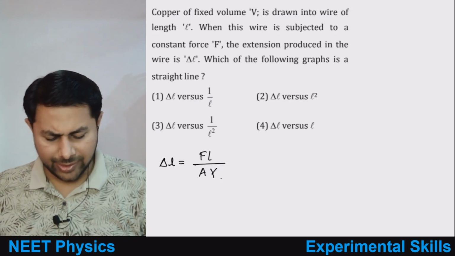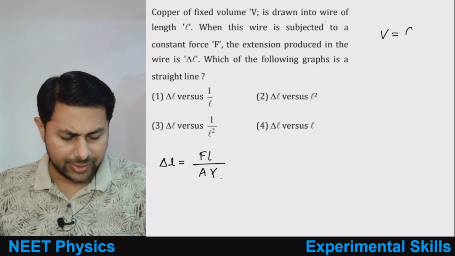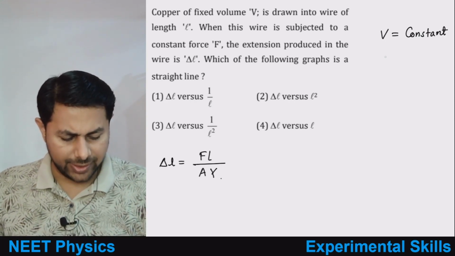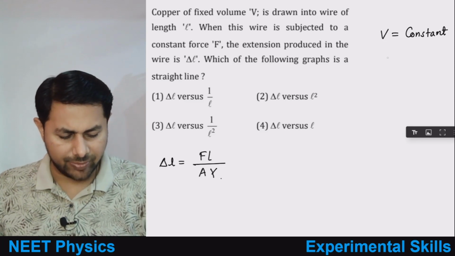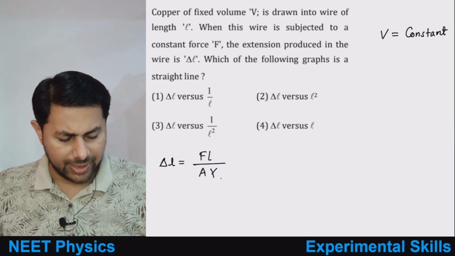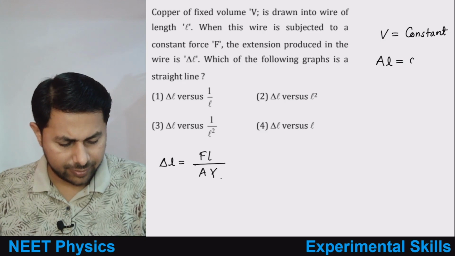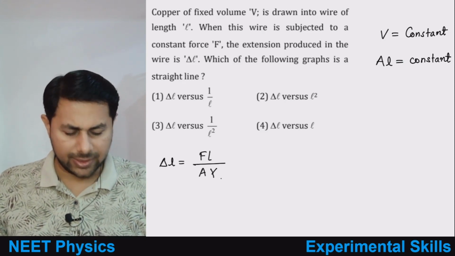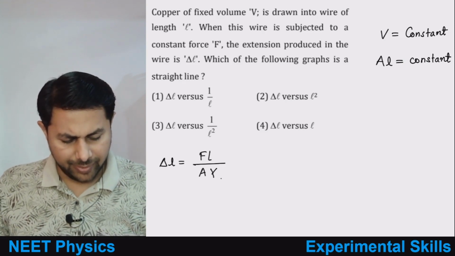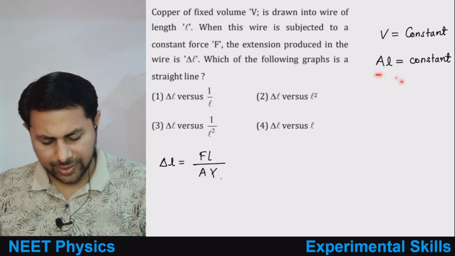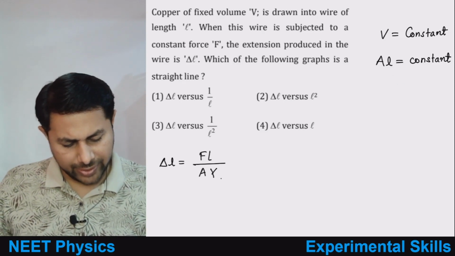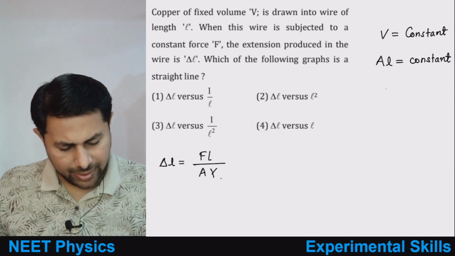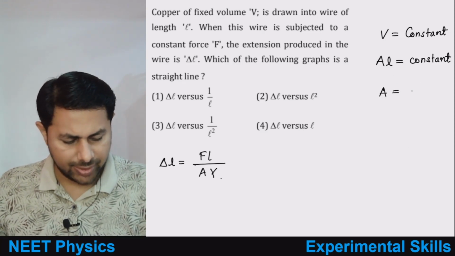That means volume is constant, which means area times length is constant. Right, area times length is constant. Therefore what you can say is that area is equal to some constant, let's write it as K,